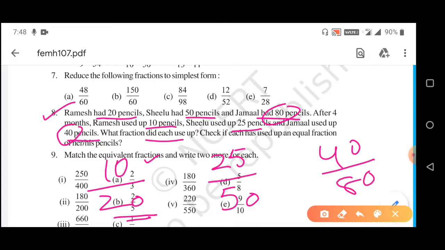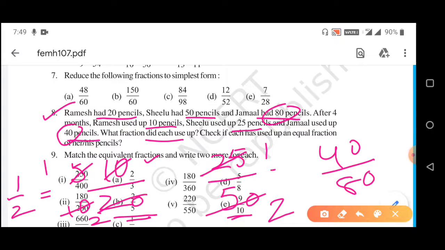Now if we convert the fraction to its simplest form, then we have to cut this 10 by 2, so we will get 5. 20 by 2, 10. Again we can cut it by 5, 5 ones are 5, 5 twos are 10. So from here we will get half. 25 and 50 also we can cut. 25, if we want to do directly, then we can cut 25 by 25, we will get 1, and 25 into 2 is 50. So from here also we will get half. You can cut both of these by 5 also.